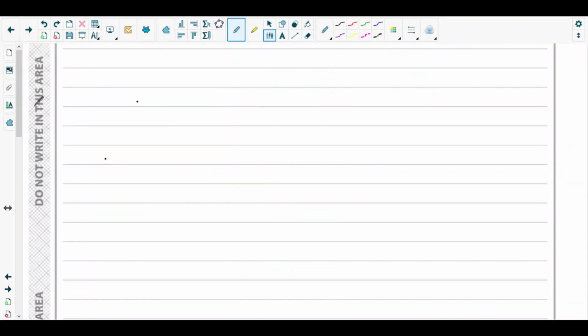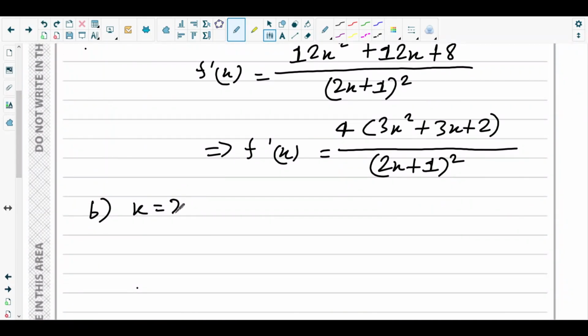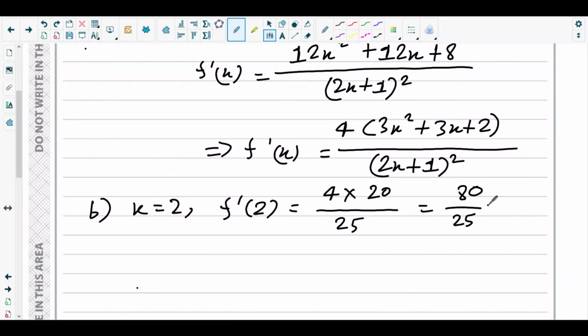So put x equals 2 in the gradient function f dash to get the gradient of the tangent. So 4 times, 2 squared is 4, 4 times 3 is 12, 12 plus 6 is 18, plus 2 is 20, over 2 times 2 is 4, plus 1 is 5, squared is 25. So 4 times 20 is 80 over 25. That would give you 16 over